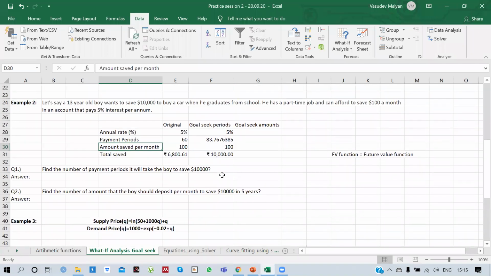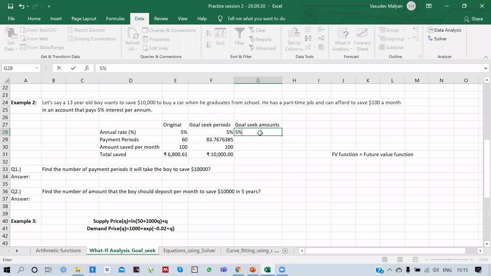Now there are some different things you can do in this example. So let's say now I keep the payment periods the same because the boy will ultimately graduate when he's 18, and the bank is not willing to change the annual rate. So the payment periods are again fixed, and the amount we have to find out.